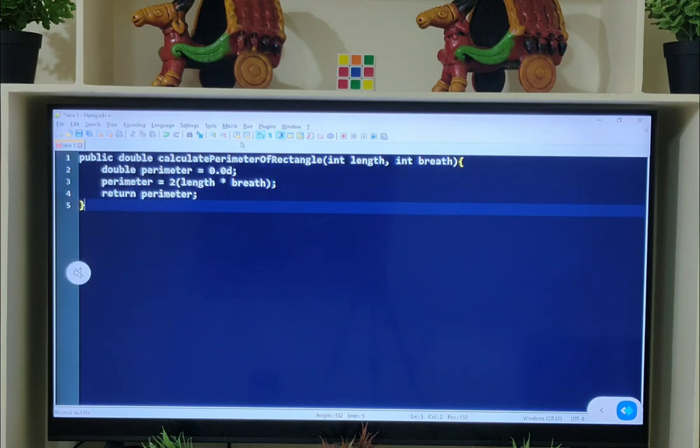So if you observe here, calculatePerimeterOfRectangle is a method name. It is returning the double value, and this method has the access modifier public. And if you observe this method further, it is taking two parameters which are of type integer, and it has more than one statement as part of its body.